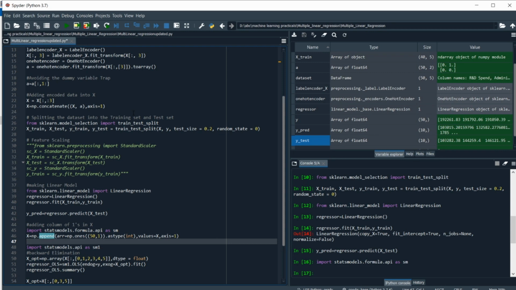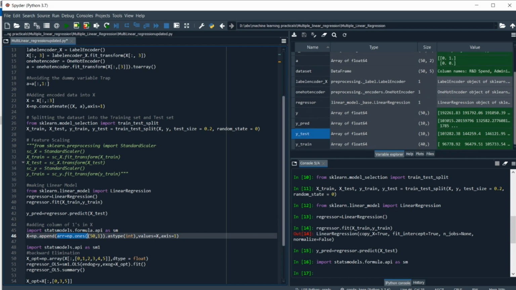So we are going to create a column of constant value 1 and append it to our independent variable x. We are going to use x equals np.append, the numpy append function, and pass the first array as np.ones, with the same size as x, around 50 rows, and then use .astype(int).